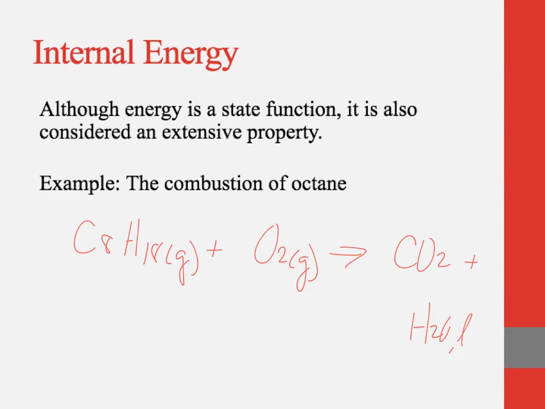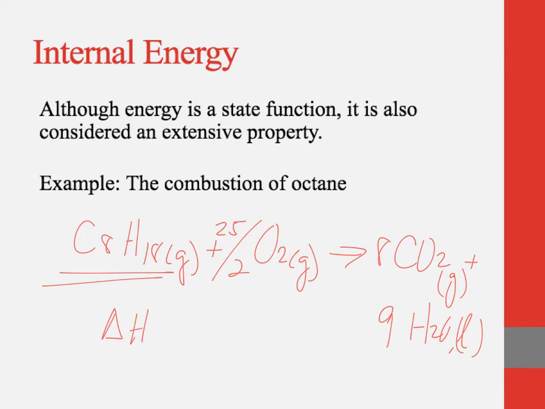So this is a liquid, this is a gas. So this is going to be 8, 9, and we'll talk about this in another unit, 25 halves O2. So in this reaction, because I'm just showing 1 mole of octane, delta H is equal to negative